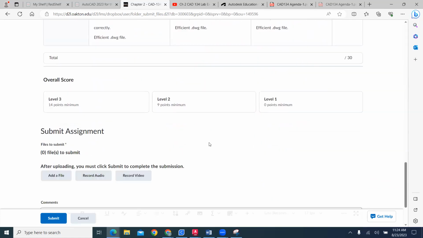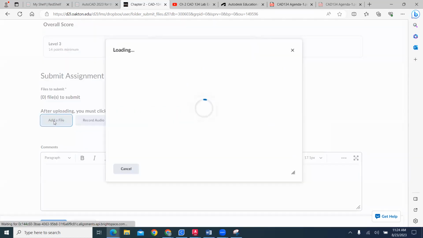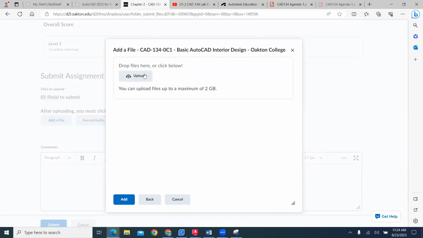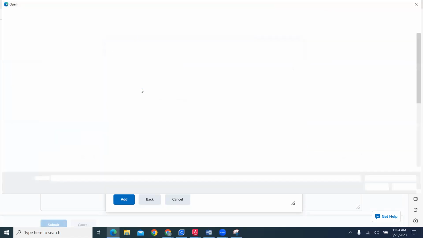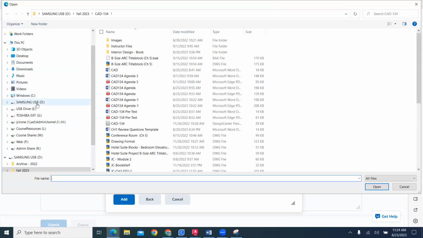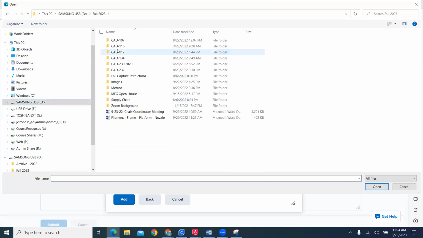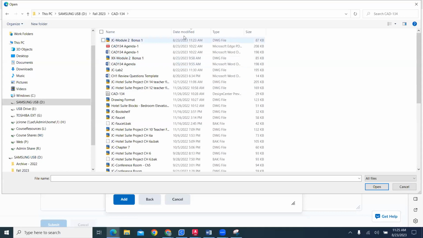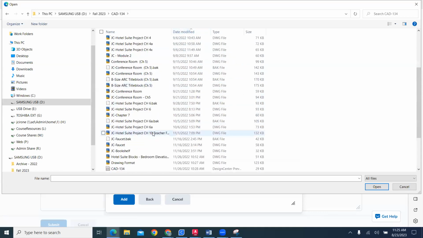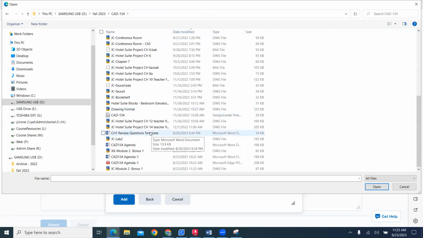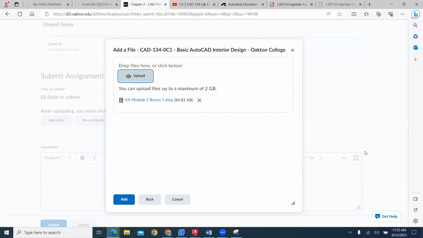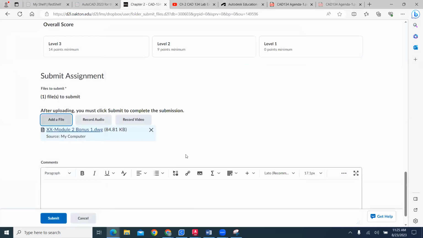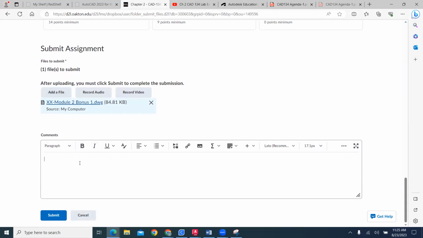So the drawing is worth 30 points, and you can go and say, add a file, and then you can go and locate your file. We put this one on a USB. Once you've located it, you select the add button, and you'll see it shows up. And then if you have any questions or comments,